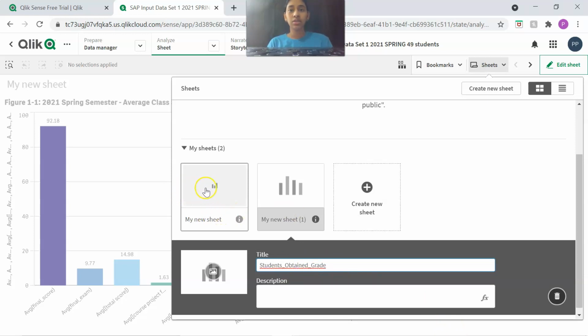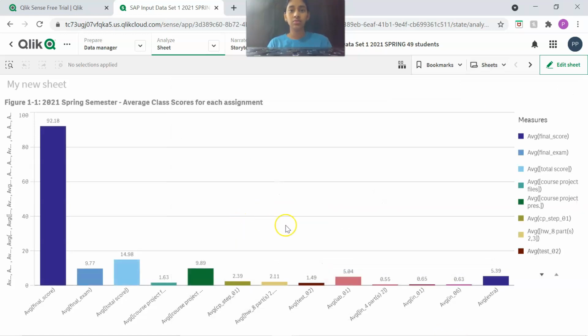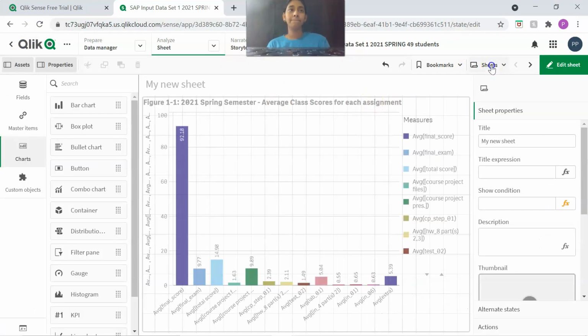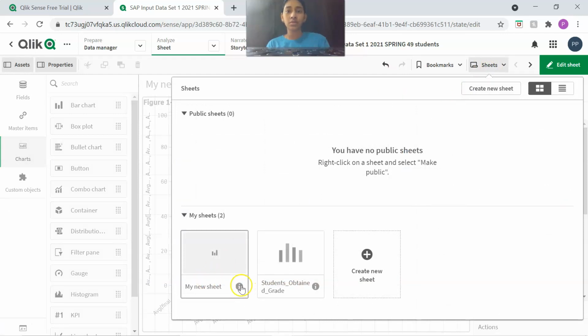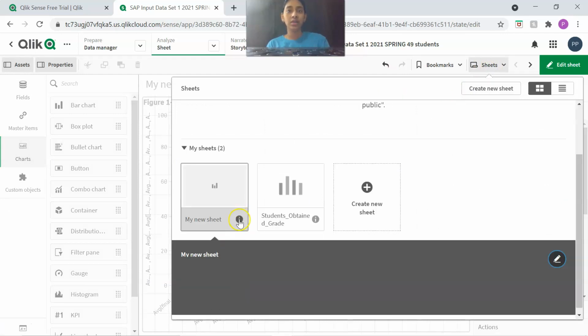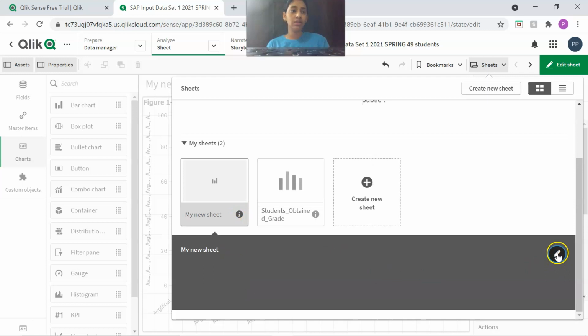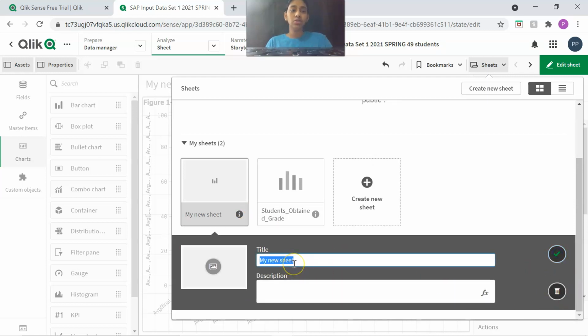So let's rename the previous sheet too. So this is our previous sheet. So click on this I option and here click on the edit. So here let's rename the chart to average class score.